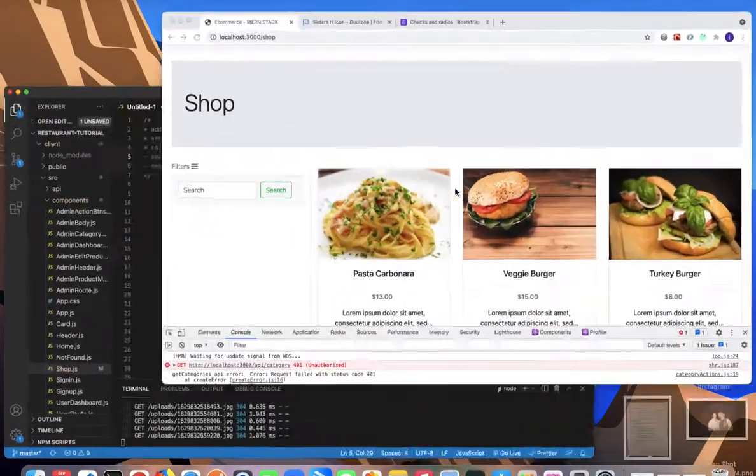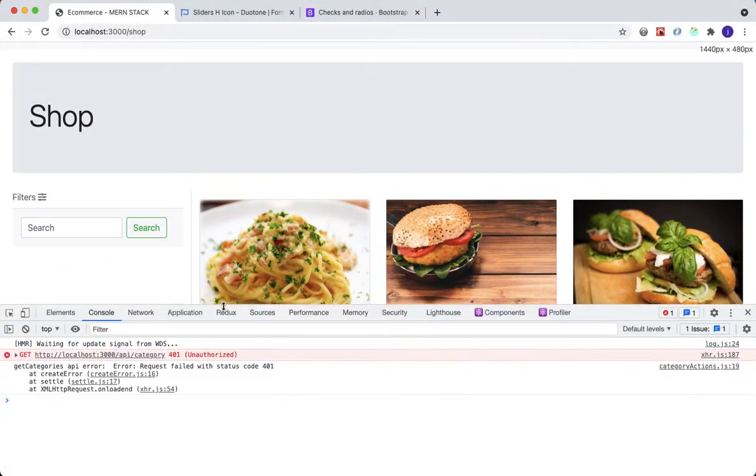But here, if you look at this error in the console, this is one of the reasons why, as I'm coding this with you guys, I always have the console open just in case some errors do end up popping up, such as in this case, so I can address it in the moment that it shows up and it helps me debug. So as you can see here, it says we have 401 unauthorized. Now the reason for that is a while back when we were setting up our get categories